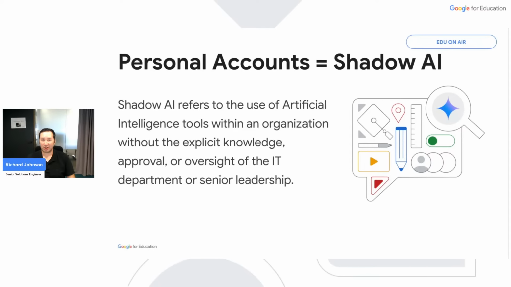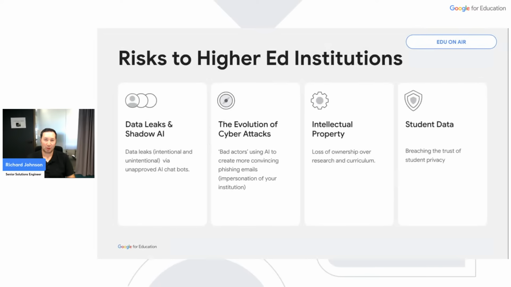These risks start to show, and in some cases, they can go undetected for quite some time. So let's have a look at them. Well, consumer-grade AI can be used to train models. Now that leads to data loss and public replication of data. Now this is harder to recall than just an accidental sharing of files from your cloud storage.